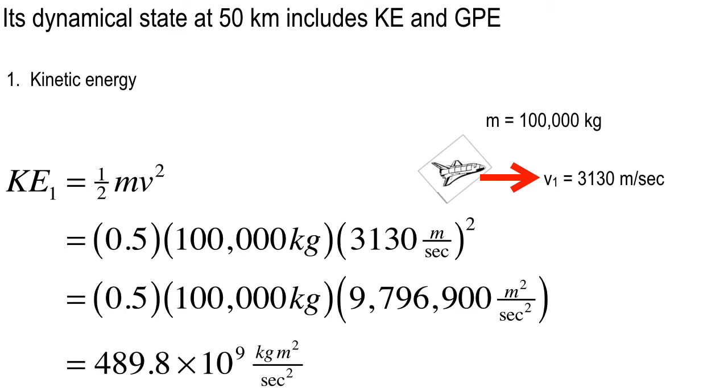All right. Now, what we're doing is we're moving the decimal point over, and we're going to use 10 to the 9, and so 489. So my wonderful students, how much energy is that? That is 490 billion joules. 10 to the 9 is a billion. So we pretty much got 490, let's round off to 490. And my wonderful students, that is a lot of joules. And that's just the kinetic energy.